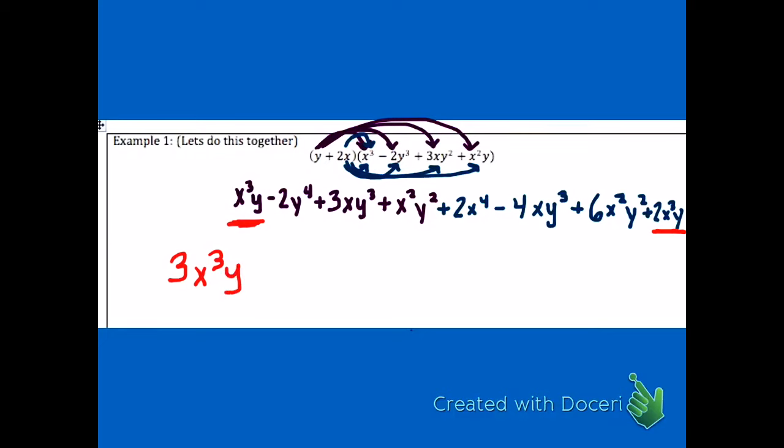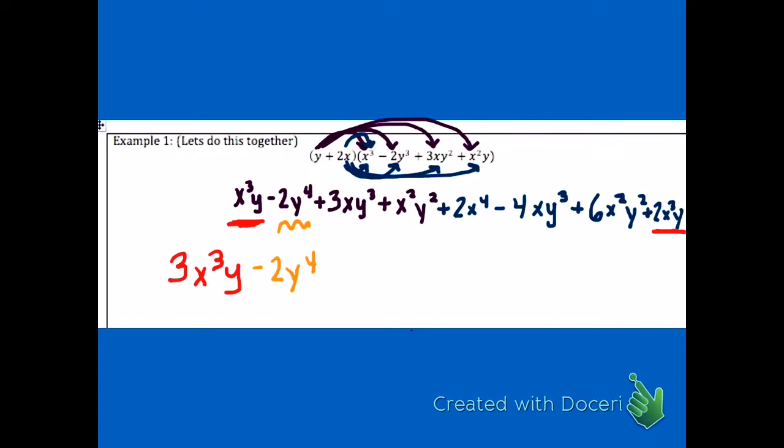Then I continue to look for like terms, and I'm looking for y to the fourth. I've got negative 2y to the fourth. And as I look through, I don't see any more of those, so I would just carry that down, completed. And then again, continuing to look for like terms, we've got